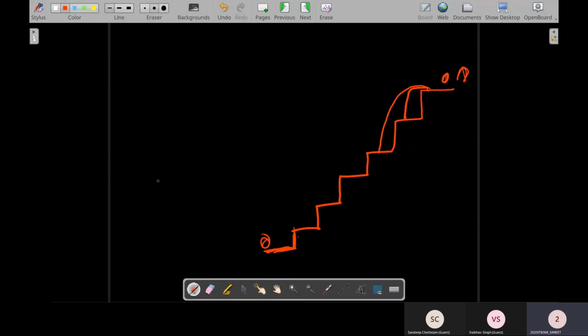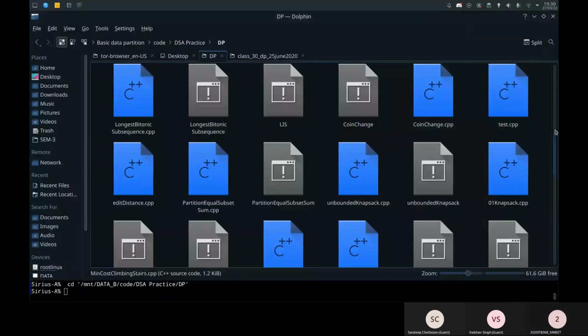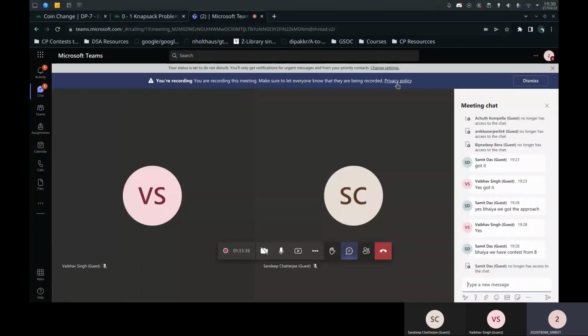So I'll just recommend you, since we are already at 7:30, I'll just recommend you some problems to try on your own. Then we'll again have a second session on DP on Wednesday. Okay, Wednesday at probably 6 p.m. So that will be taken by Sonia Bhaiya. So meanwhile, you should try these problems on your own, like